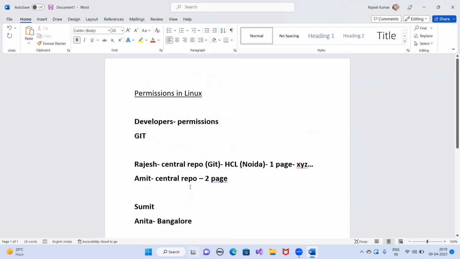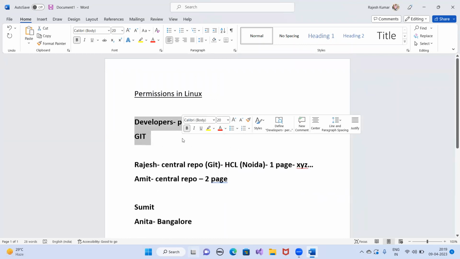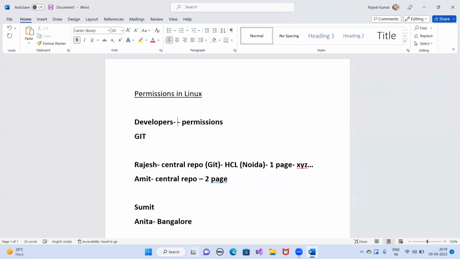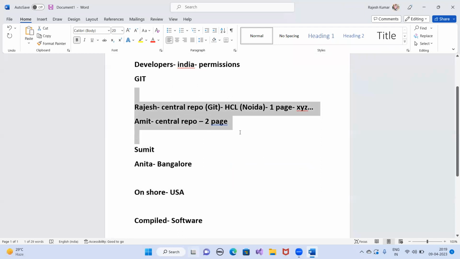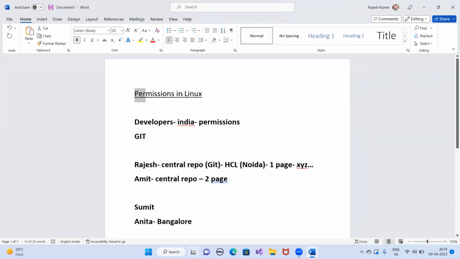There will be groups in the company. Let's assume a developer of India group, a developer of US group, then the QA team of this product. So there will be group accounts, and you will be giving permission on that group, deciding what a user can do with that particular directory. If this kind of task comes to you, then you would be responsible for assigning the permission through Linux. Otherwise, you will not be doing this kind of thing. But yes, generally it happens in the company.